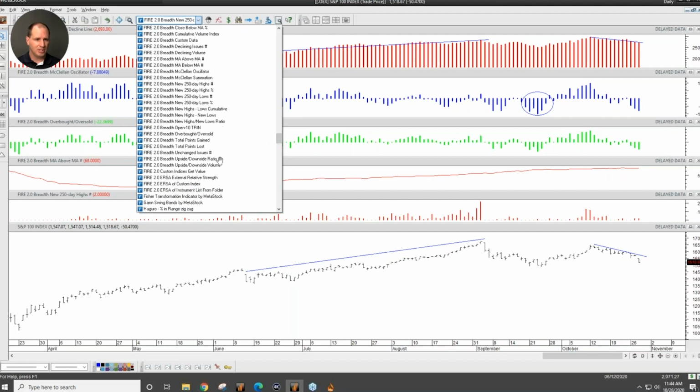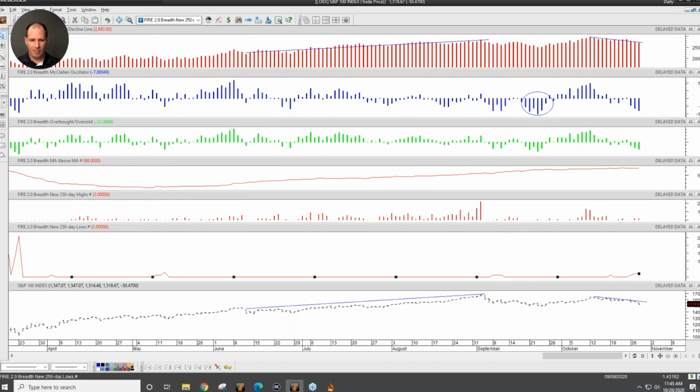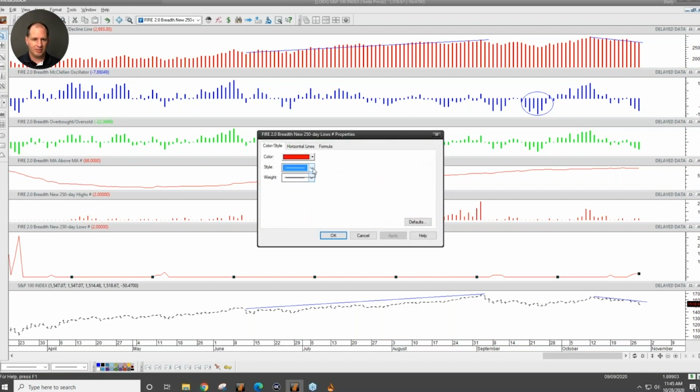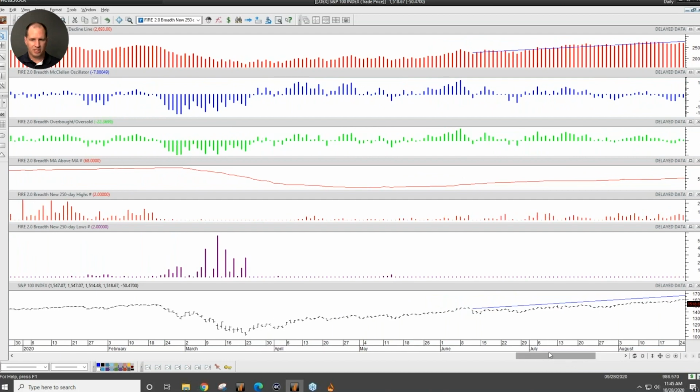And let's look at 2 new lows, just as a cross example. Okay, we don't have a lot making new lows, but there are a few. And let's plot this one as purple. Okay, so not a lot going on here. So 2, 2. But if I scroll back in time to March,